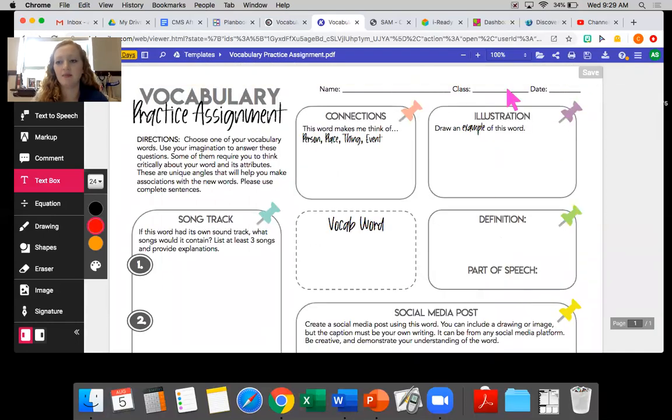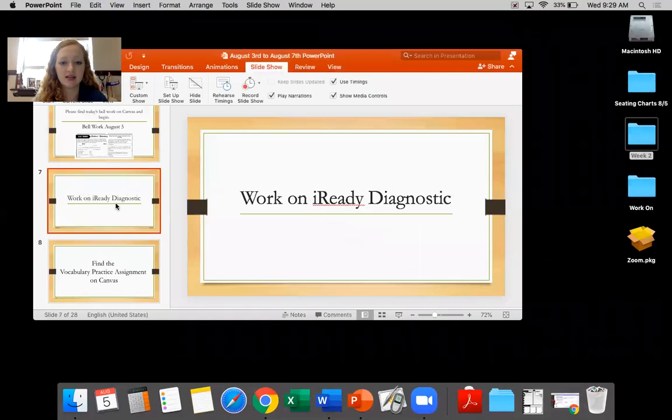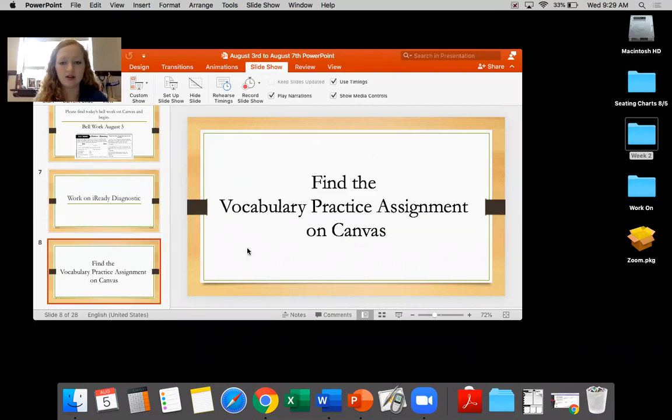And then at the top, there should be a submit button for y'all, and just press submit. So anytime you're done with an assignment on Kami, please just make sure that you press submit so that I get it, okay? So remember that this comes after your iReady diagnostic, okay? Your iReady diagnostic is much more important, and I'm hopefully taking this for a test grade, so please do your best. And then you can work on your vocabulary practice assignment. It will be due Friday night at 11:59 p.m., but you can turn it in earlier.